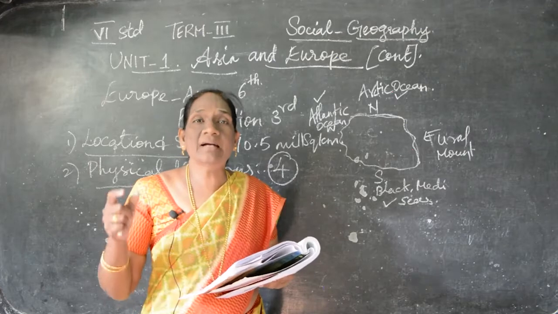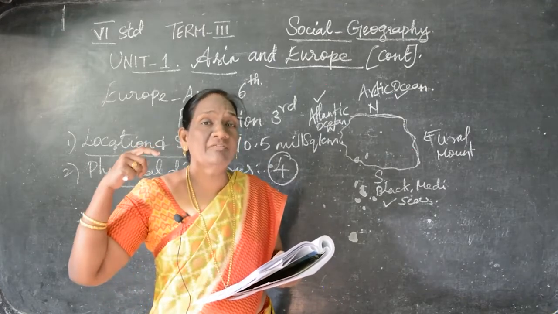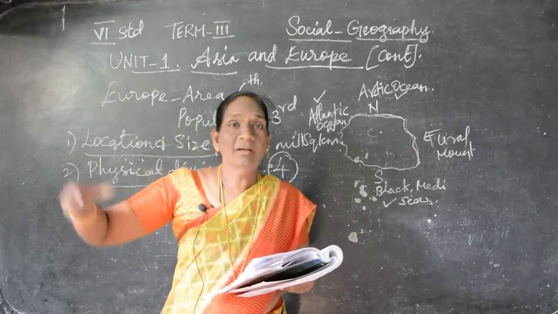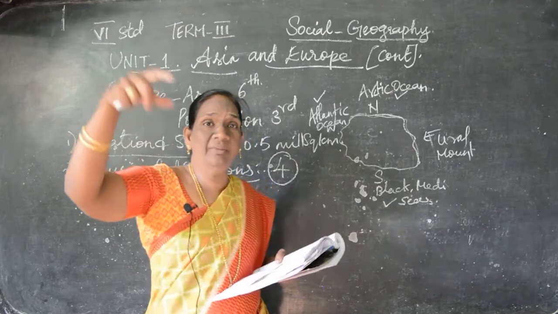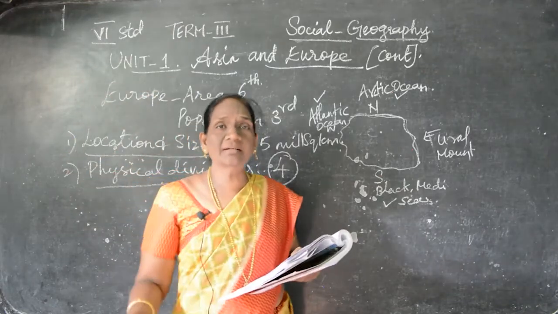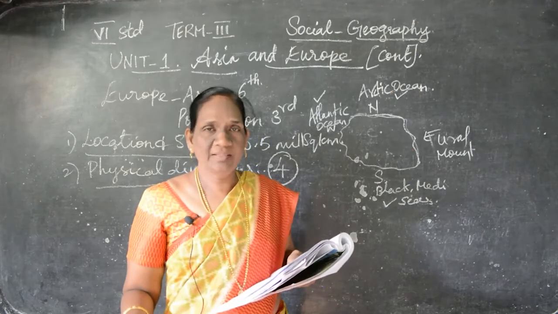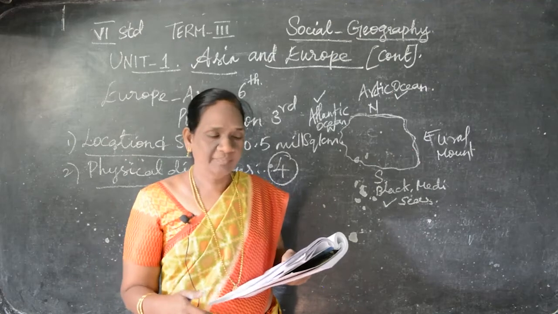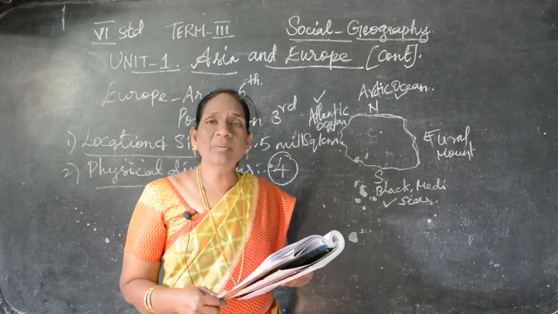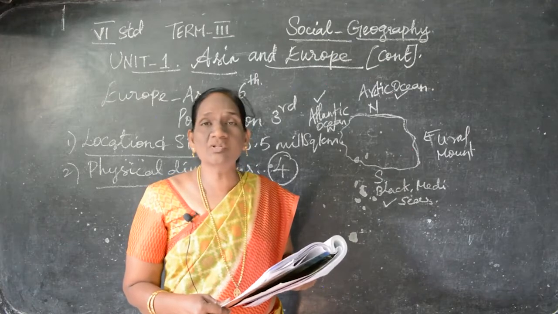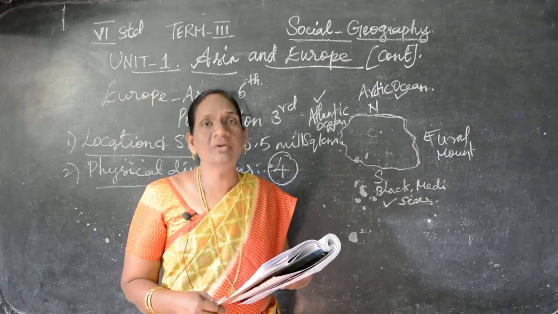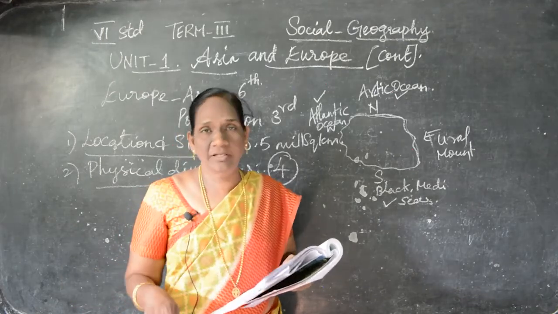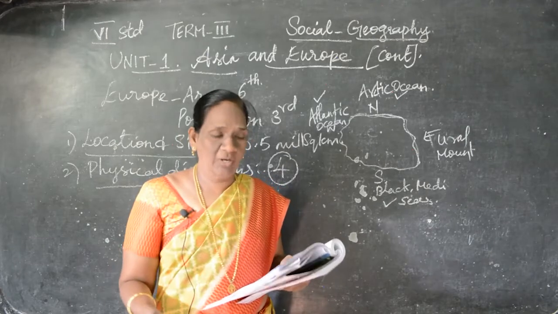Hydroelectricity means the electricity taken from water, from the force of water flow, like a waterfall where water pours down with force. The electricity taken from that is hydroelectricity. Understand? Electricity taken from water. Can you follow? Okay. Then Norway and Sweden are the largest producers of hydroelectricity in the world. Among all the countries, Norway and Sweden are the largest producers of hydroelectricity.